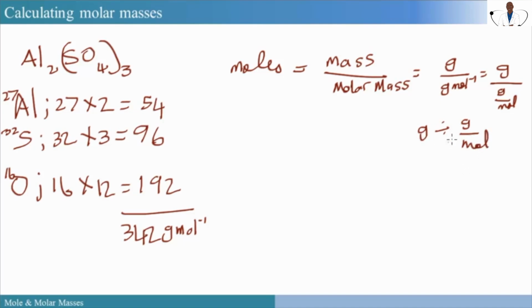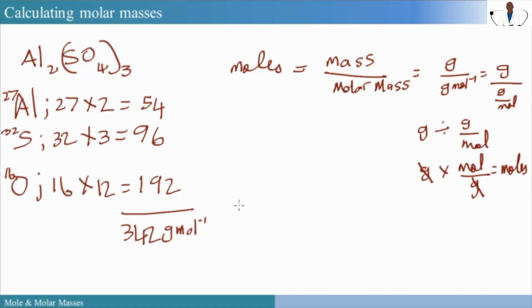Now I must change the sign and invert this particular unit. So I'll have grams times mole over grams. And so now grams would cancel grams. So my unit would be